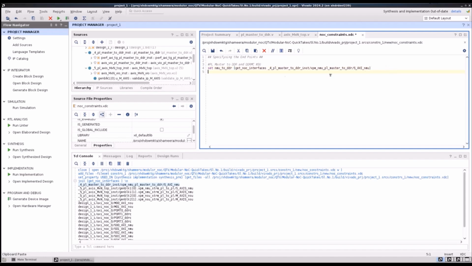Now, copy the DDRMC NSU and define it to the variable DDRMC NSU.